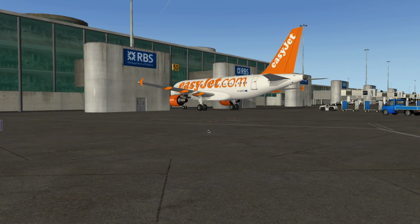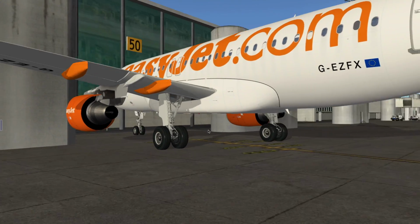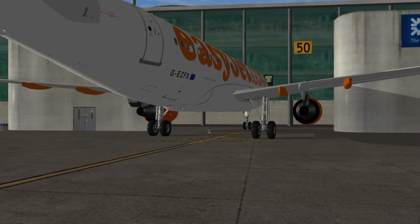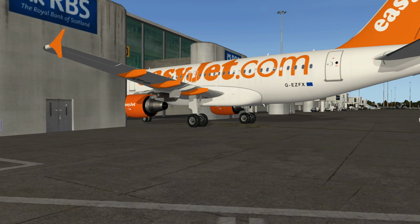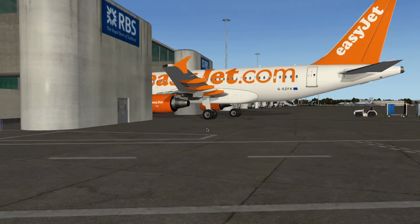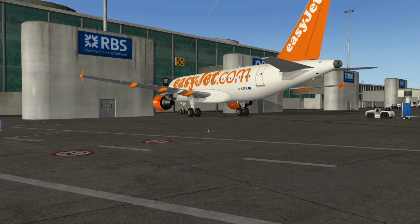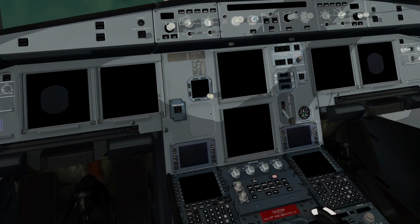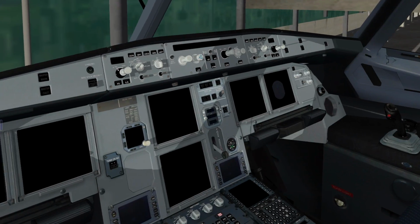but if we look at the wheels, they look great, well modeled, lots of details, lots of parts. So pretty much there are no issues with outside modeling. Now let's take a look at inside. In good light, when the cockpit is sunlit,